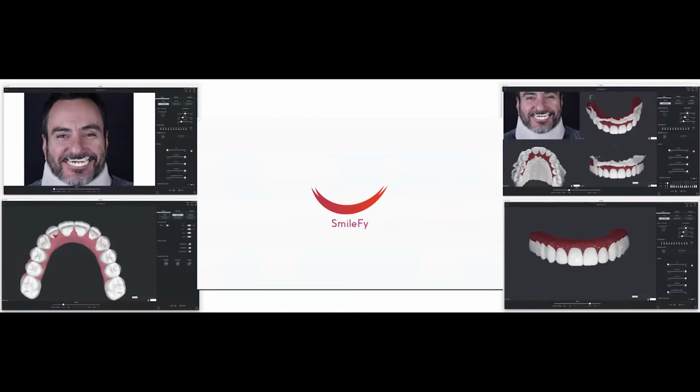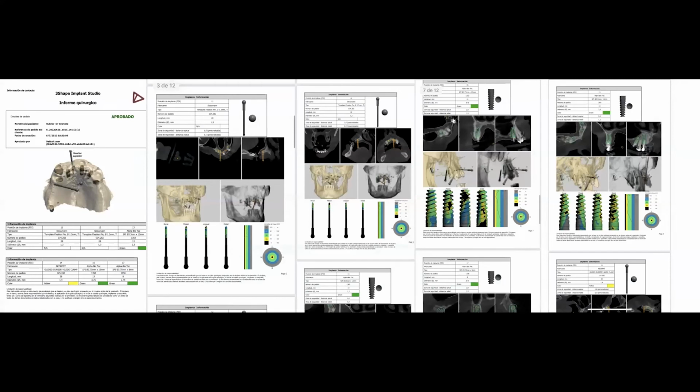Now I don't have a camera, okay? Don't worry. This is the treatment for Marcelo. I have all the guides here, and maybe this week I will make the surgery.